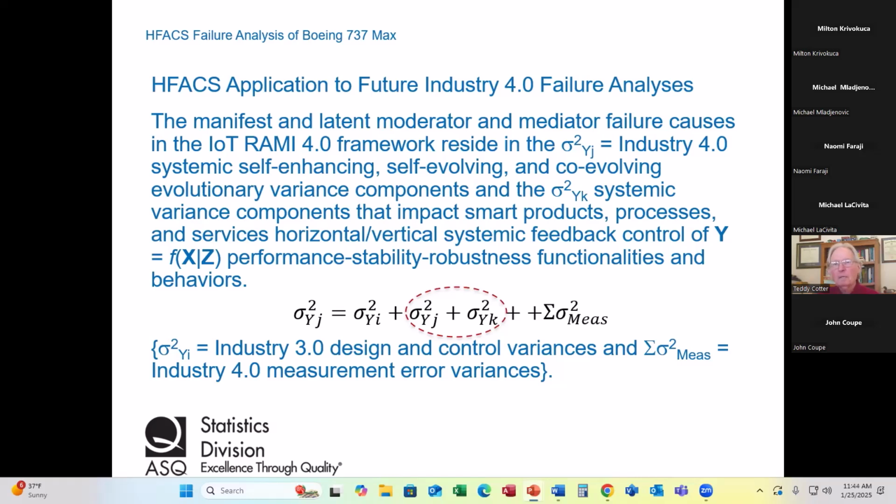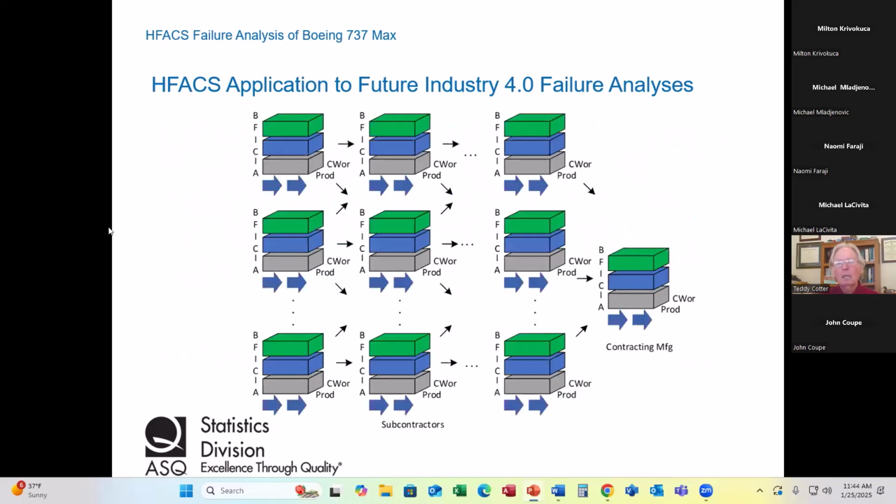So the manifest and latent moderator and mediator failure causes of the IoT RAMI 4.0 framework reside in the sigma square Yij Industry 4.0, that is right here. And that's the systemic, self-enhancing, self-evolving, and co-evolving evolutionary variance components, i.e., going backwards here, each one of these is a system, and they exist within a system of systems. And each one of these